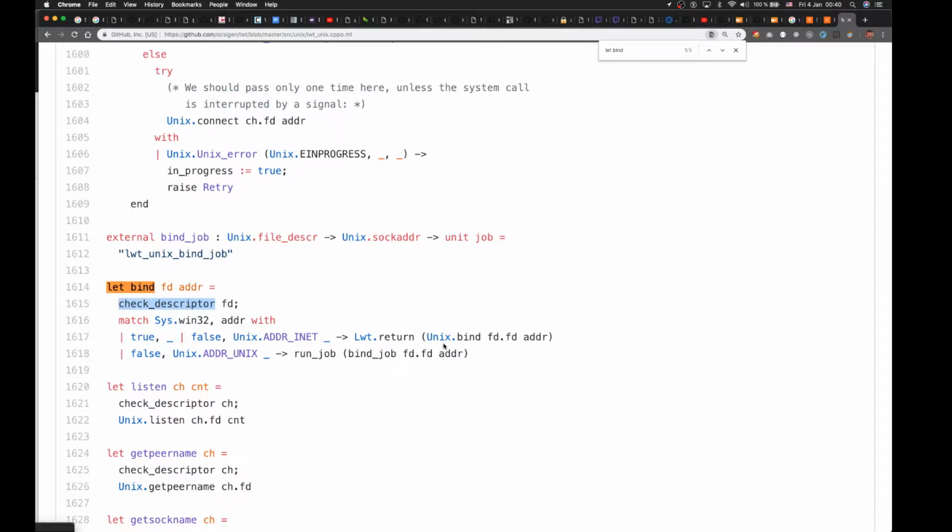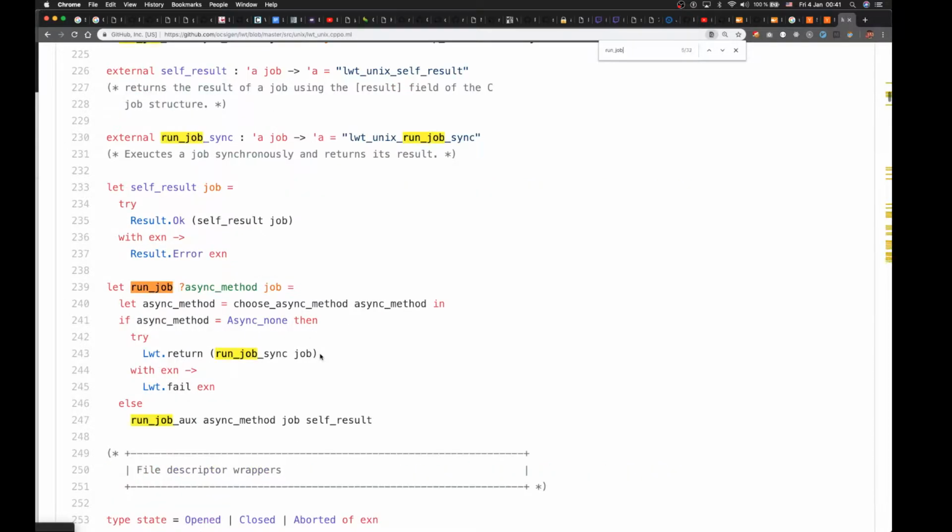Right, precisely. Okay, so this one over here is the one that just returns immediately by just setting up a file descriptor. It is not, I repeat, it is not actually waiting for anything to happen. It is not doing any magic whatsoever. If we have a Unix address, it will just try to find a job and run it. Bind to a job, and bind job is just an external call. And run job is